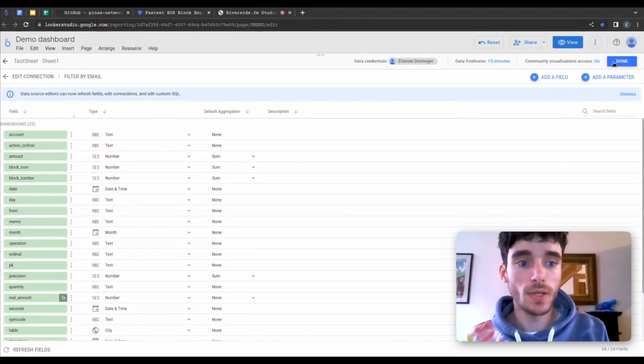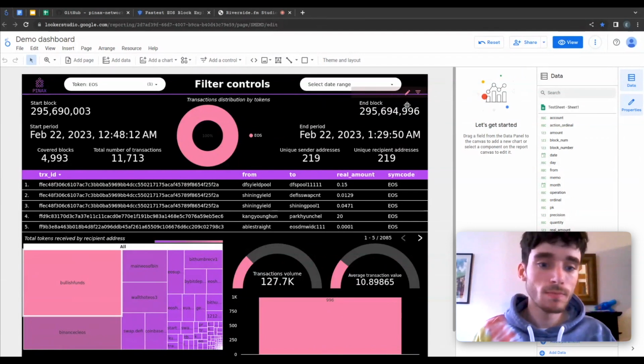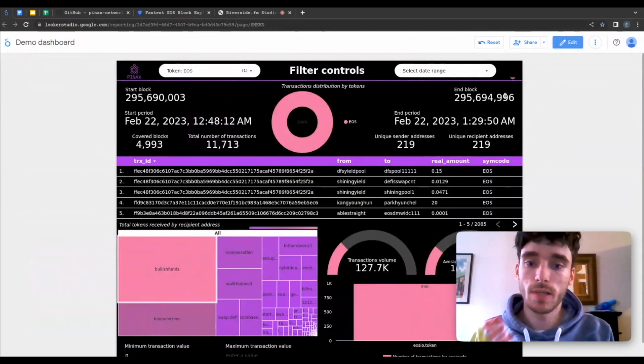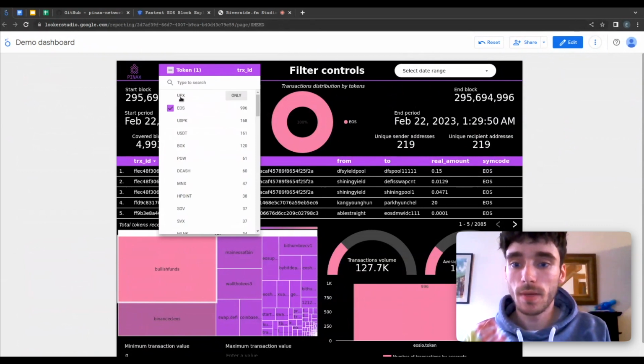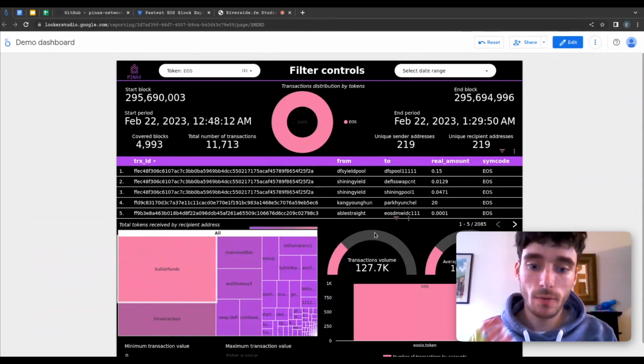And so at the end of the day, if I show you the example dashboard I built, I built this dashboard in like 2 or 3 hours without even knowing the tool in the first place. I'd never heard of Looker Studio before. And it's that easy to build a very insightful dashboard. So here I only selected, for example, the EOS token transactions, and I can see I have a transaction volume of about 127K.